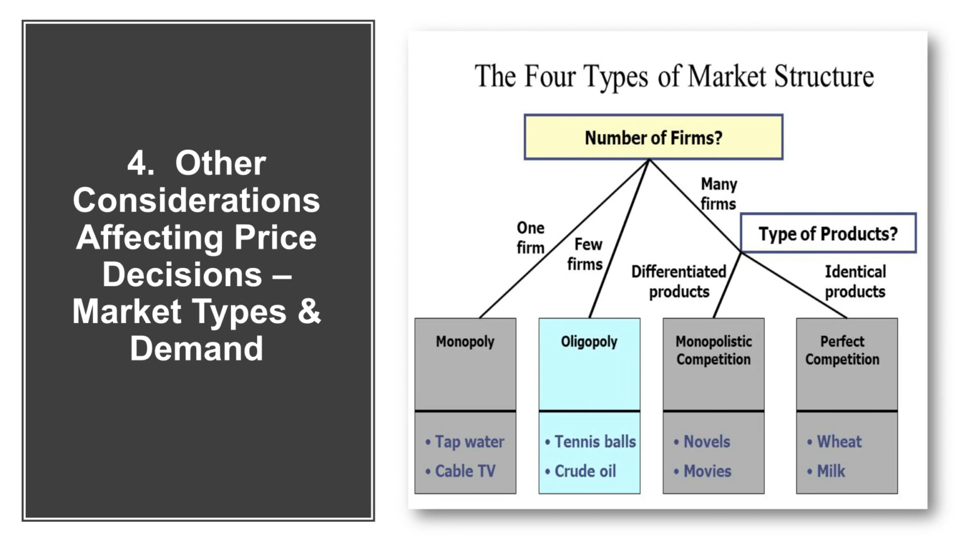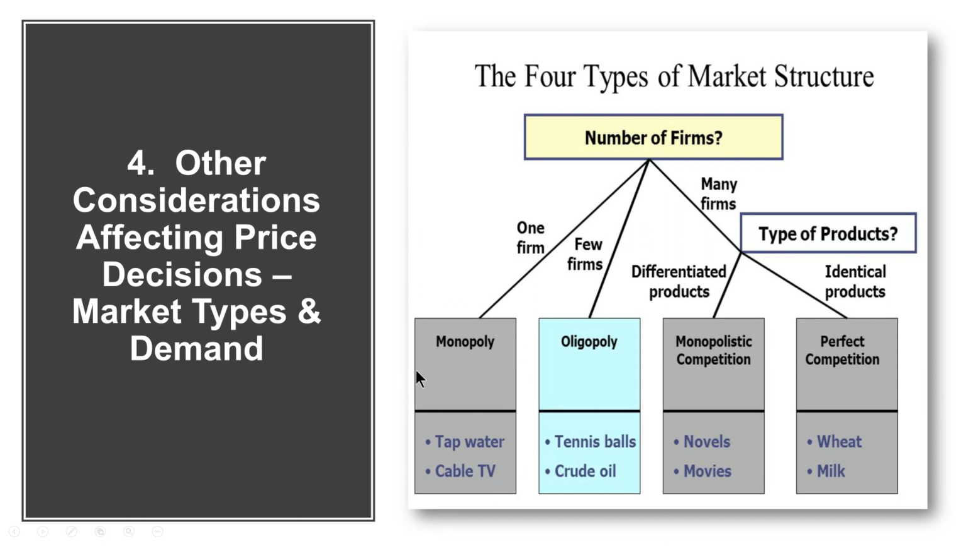You also need to understand what type of market you're in. There's 4 different types of markets, mainly, and it's really identified by the number of firms in any given market and the number of products and types of products. So when there's one firm in particular, like cable TV or even tap water, which is provided by the government,